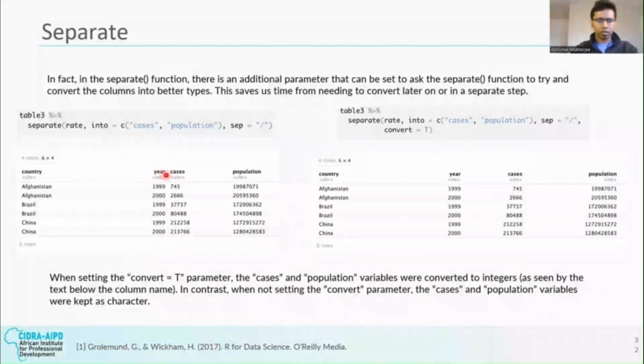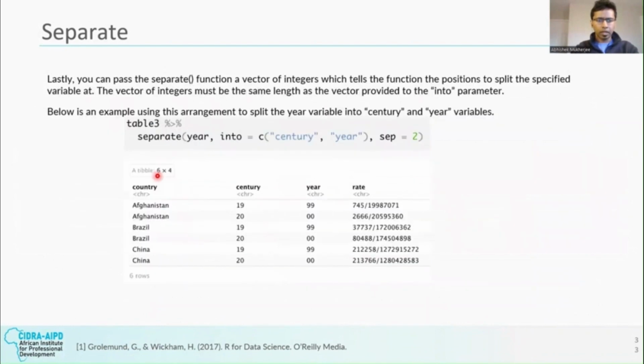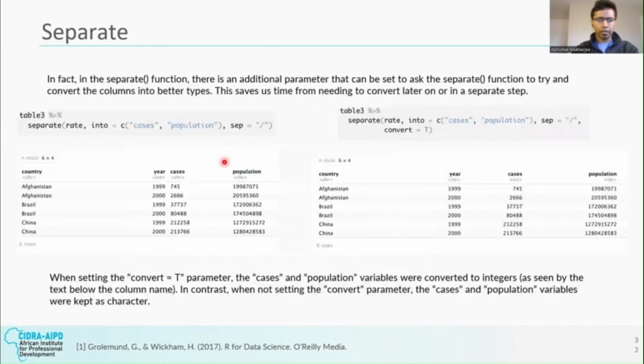So this is the year column that we are splitting into two parts, or two columns called century and year, and we give the value of the separator keyword as 2. So this essentially means that when the split occurs on this year column into two parts, century and year,